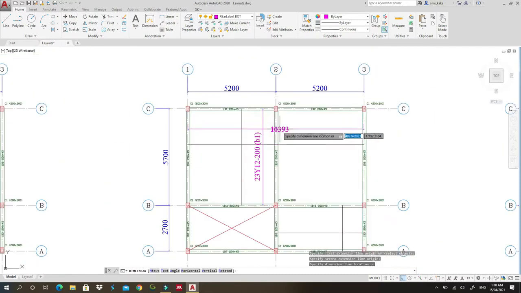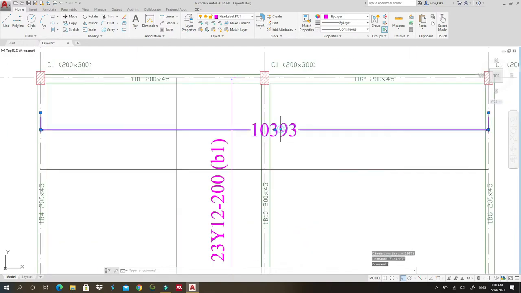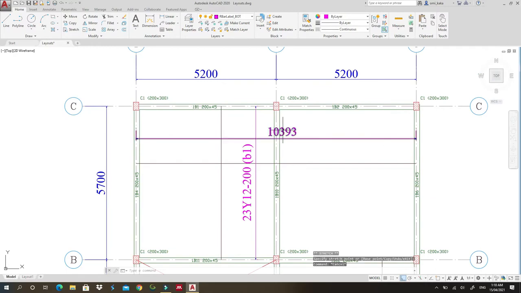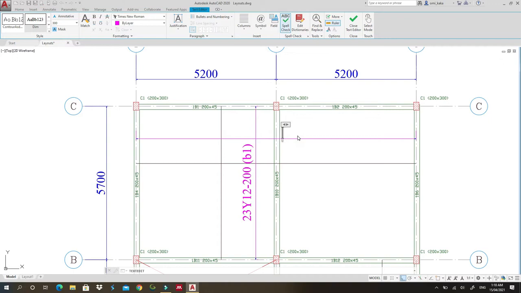And also I will just take it top a little bit. Okay, so 5200 plus 5200 is 10,400, but I'll just add it in my calculator. Yes, I'll have 10,400 divided by 250, and I'll get 41.6. That is 42. So what I'm going to do is I will edit this, and I'll write 42